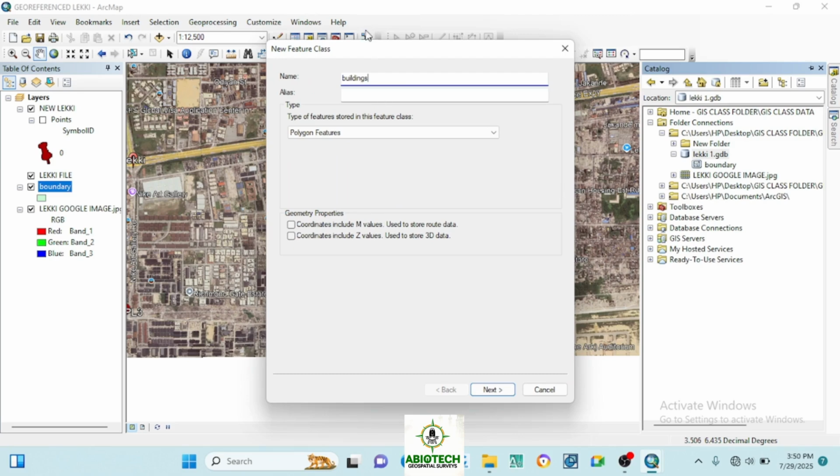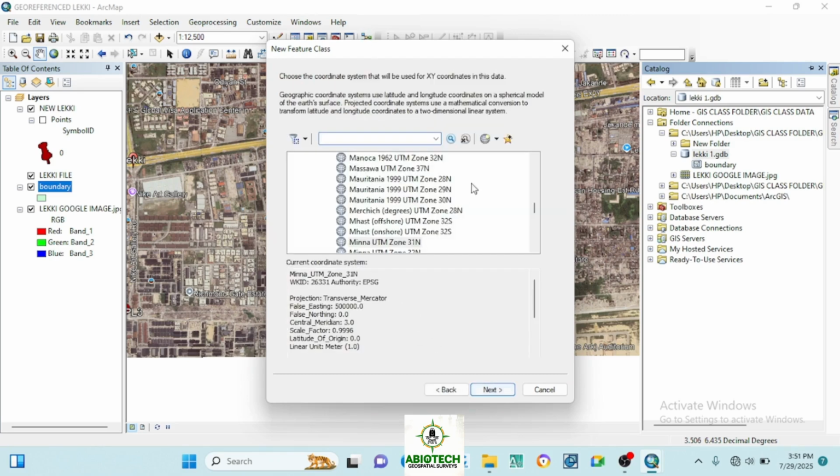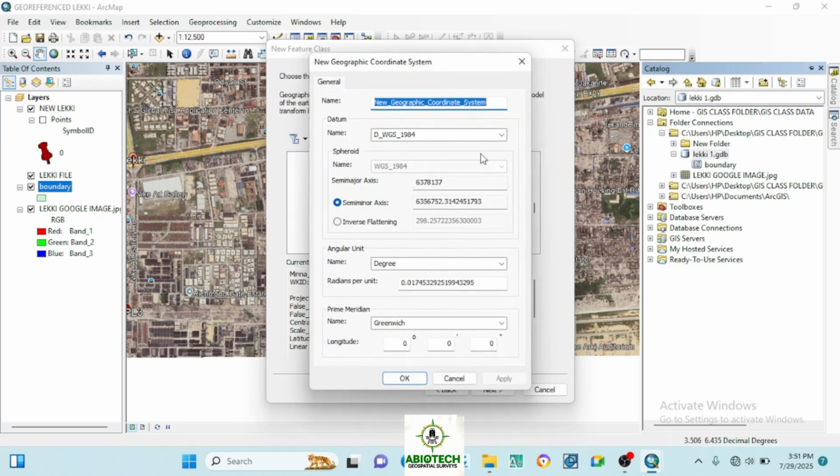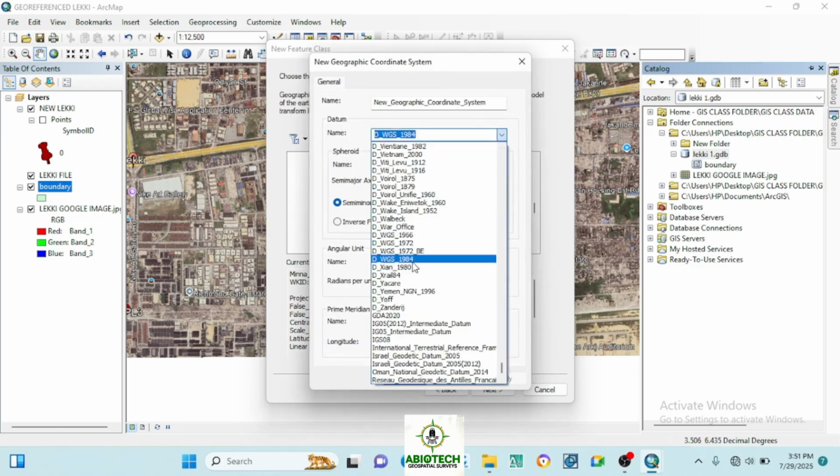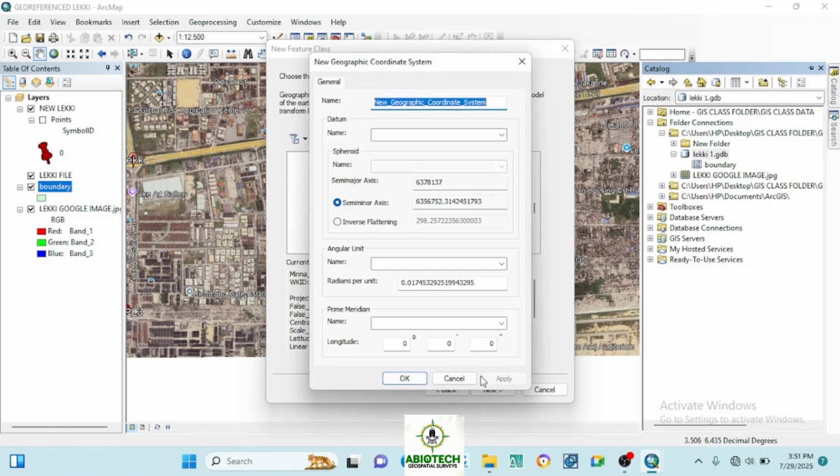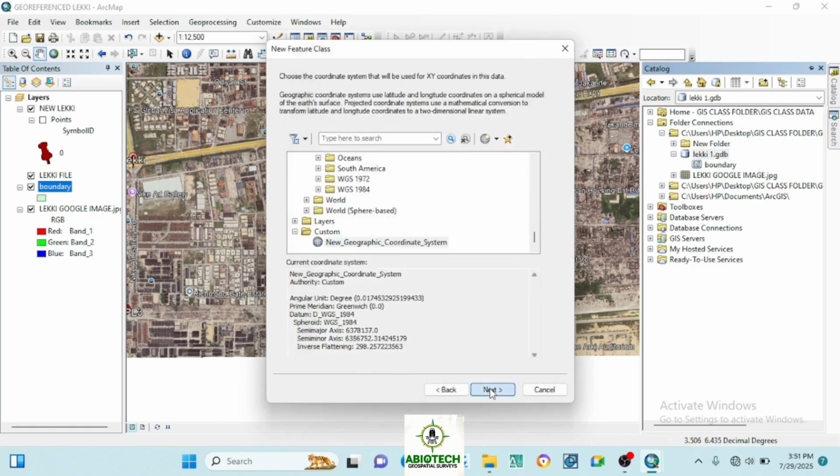I'm going to call it the buildings. Next, it will be a polygon feature too. Then you make sure it's aligning with the coordinate system that we are making reference to. So you come to this place, okay, apply and OK. So you come to next,